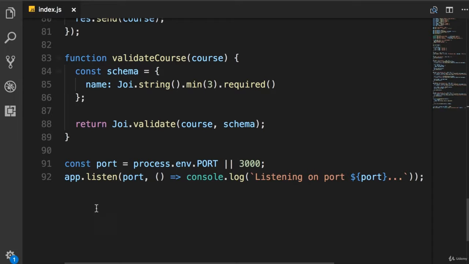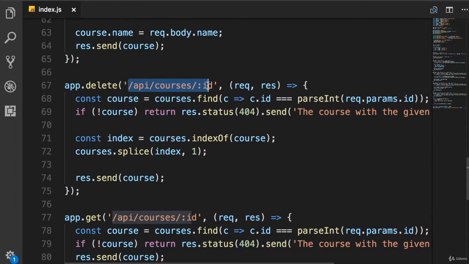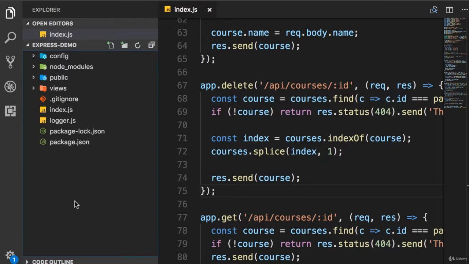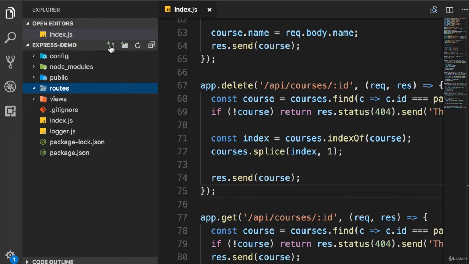The first thing we want to do is to take out all the code for this courses API and put it into a separate file. In other words, for every logical part of our application, for every API endpoint, we want to have a separate file or a separate module. So all the routes for working with courses should be in courses.js, and all the routes for working with, let's say, authors should be in authors.js. So in the root of the project, let's create a new folder, call it routes. Here we add a new file,